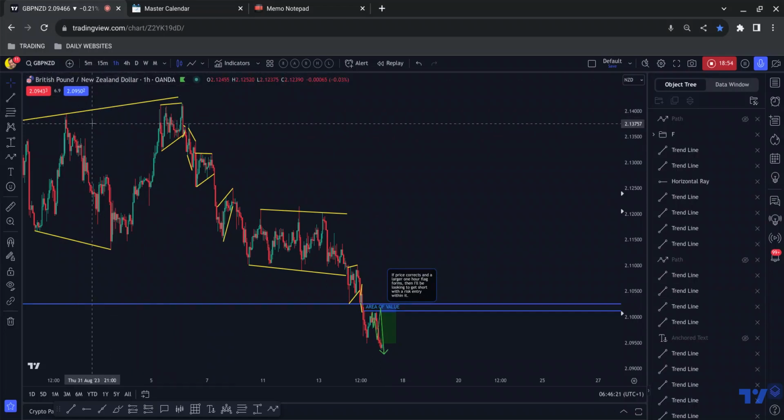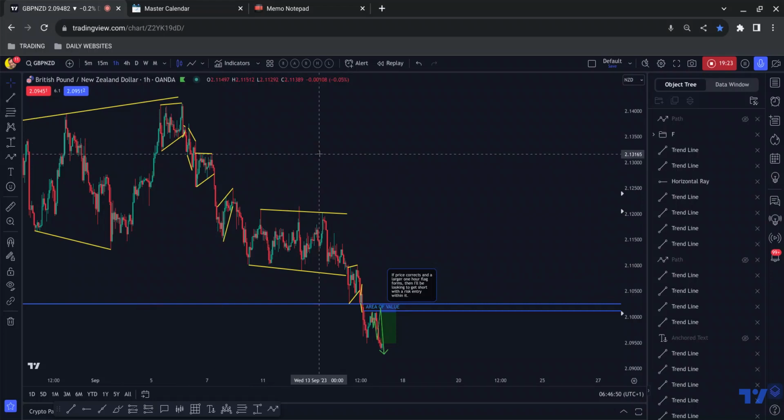My strike rate, I think, with pound kiwi is probably lower than with a lot of pairs, though I'm still happy with the entry. The other reason is because it is Friday, right? And the spread on pound kiwi gets very, very high over the weekend. So the other factor in my thinking is that if I want to hold a position over the weekend on a dollar pair, the spread is always going to be pretty low. Okay. So I know that the spread is going to be low with dollar CAD if I want to hold my position over the weekend.